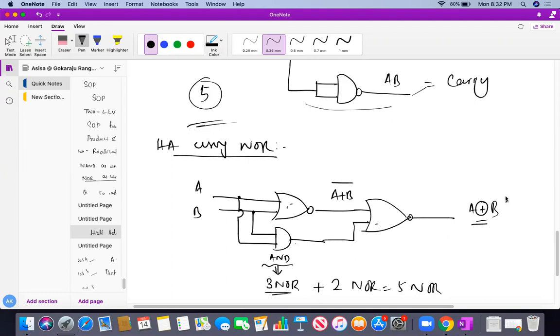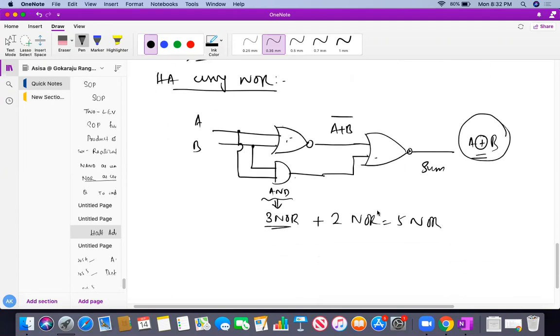How? If it gives me the A or B expression, which will give me some expression. Okay. Understand, students? Very simple. So see here what I can do over here. So this is A or B bar, and this is my AB. So I can take here this output, my AB or AB or A or B bar whole bar. Am I correct, students? AB or A bar B, A or B whole bar.